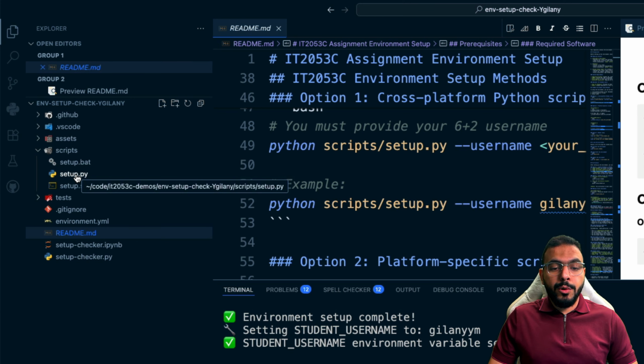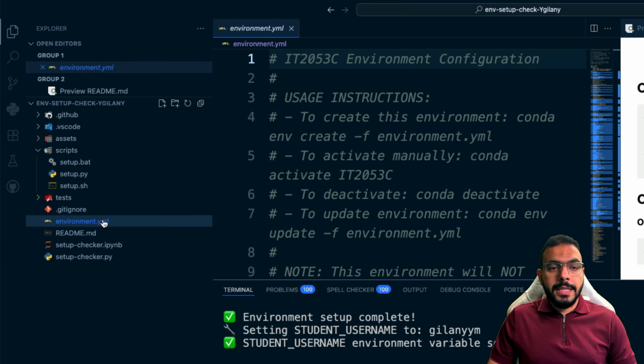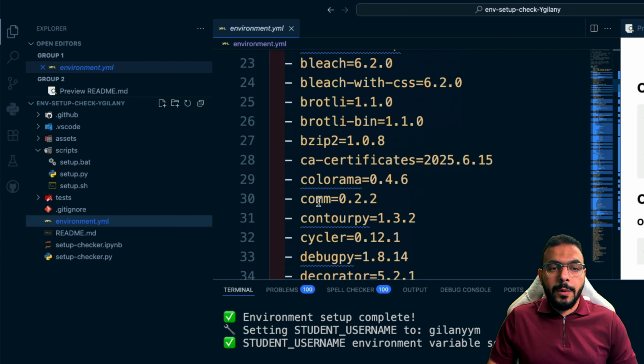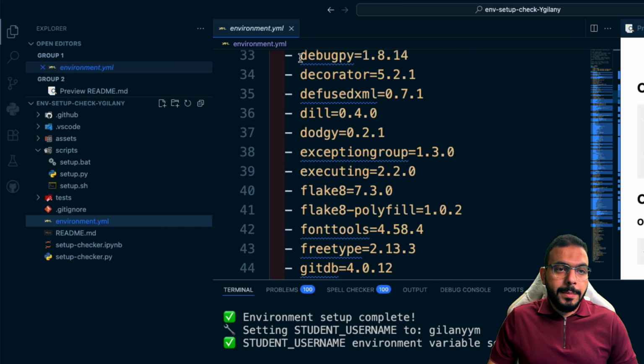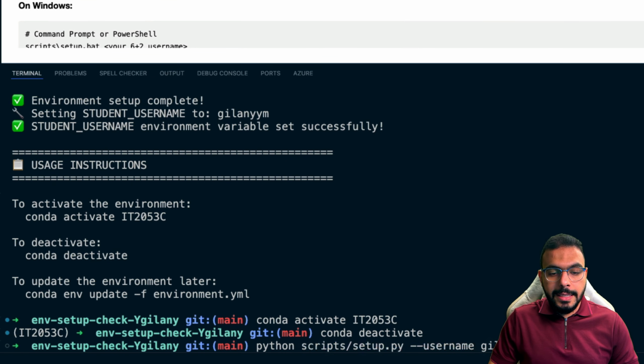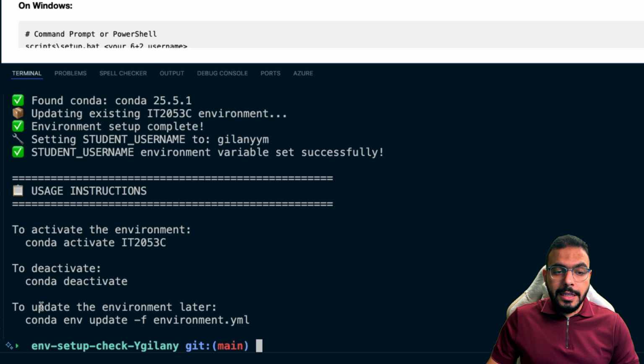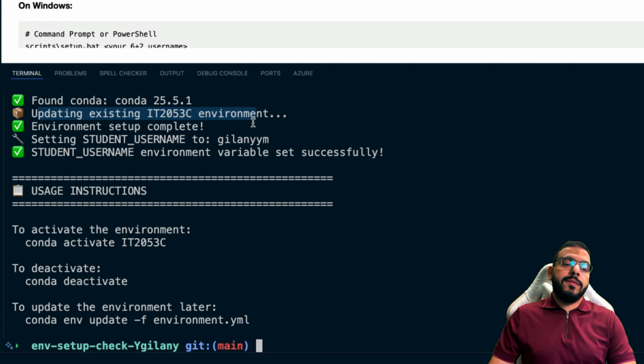All it would do at that point is update the environment using the environment.yaml file here, which basically lists out all the dependencies that we need for our assignment. So if I try to execute that same Python setup script again, hopefully it will detect that you already have the environment, and instead of creating a new one, it is just updating the existing IT 2053C